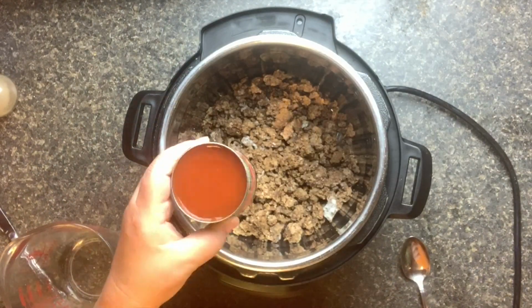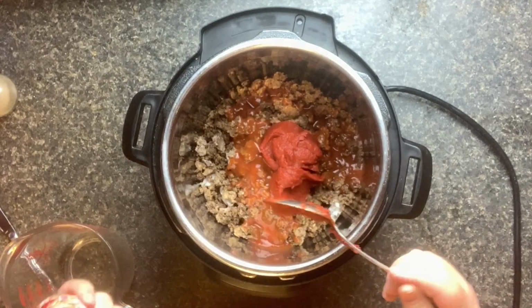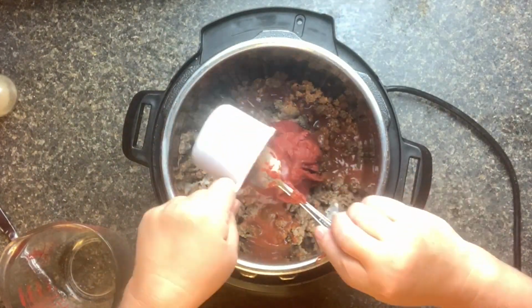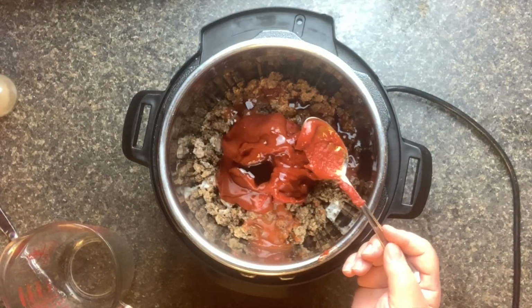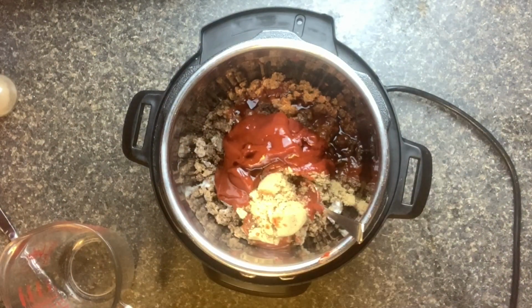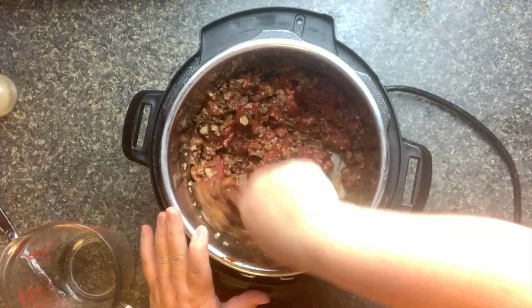Instant Pot sloppy joes are so simple. All you do is you have some pre-cooked ground beef, which I pre-cooked in advance, and then I threw in some ketchup, some tomato paste, some Worcestershire sauce, some brown sugar, and some minced garlic, and I stirred that all up, and then I